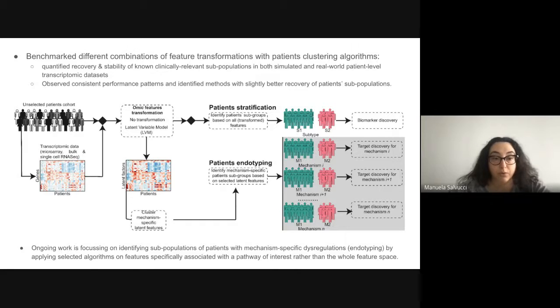Again, the poster includes more details if you're interested, including an example workflow in breast cancer, as well as the application in a disease of interest, where we applied SNF followed by spectral clustering on selected latents, encoding a specific mechanism, inflammation in that case, in a TCGA cancer, and we could recover two patient endotypes with the expected expression of macrophage regulation. Currently, we are working on tuning latent feature selection through several criteria, such as pathway enrichment and